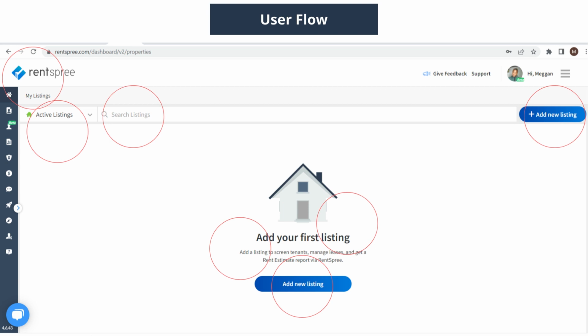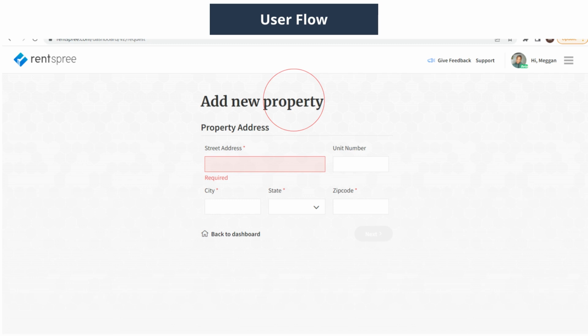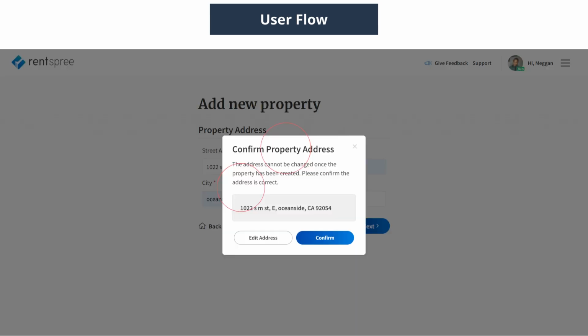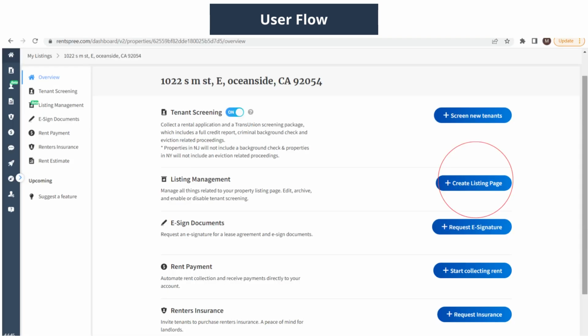But when they log into their dashboard, they are asked to click My Listings, as you can see up in the left-hand corner, and they are presented with multiple options of adding their first listing. The issue with this flow is that they're then asked to add a new property and confirm that property. But at the end of that flow, they are shown a tab that asks them to create a listing